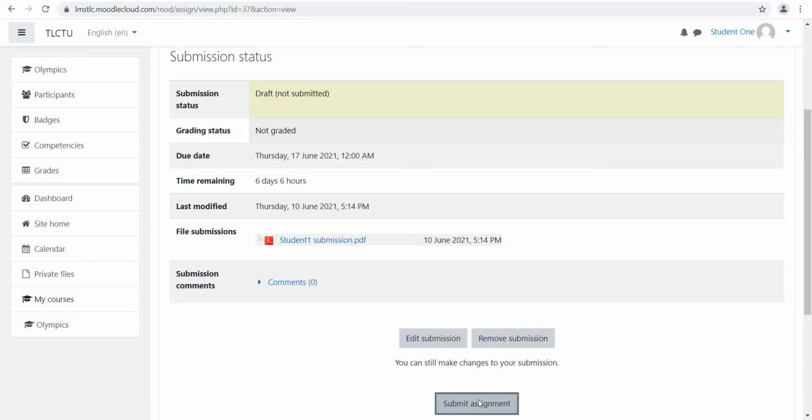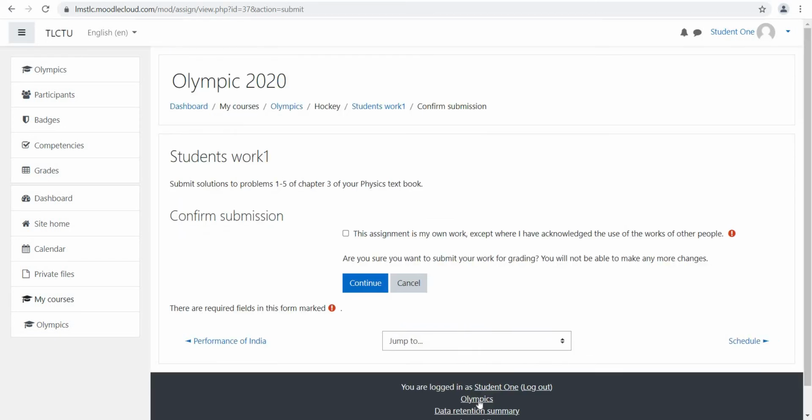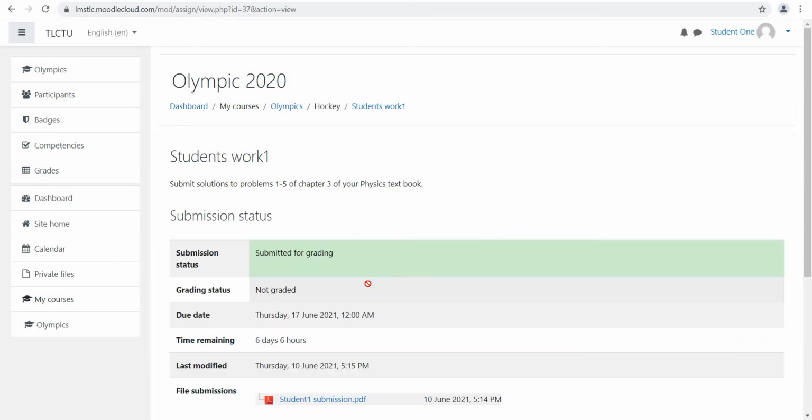Suppose the student submits the assignment. Here a submission confirmation message is coming up. Accepting this and clicking continue, the student submission is submitted.